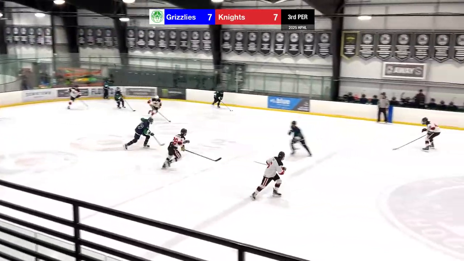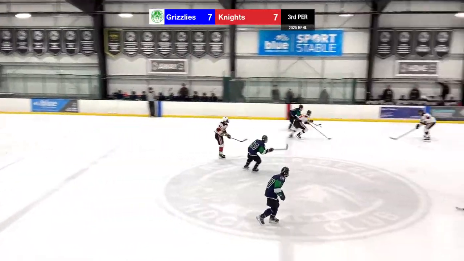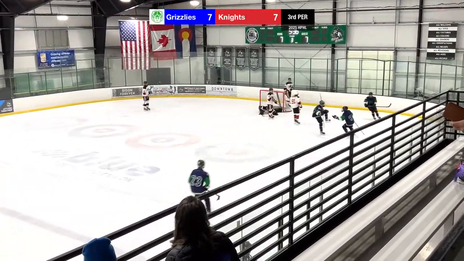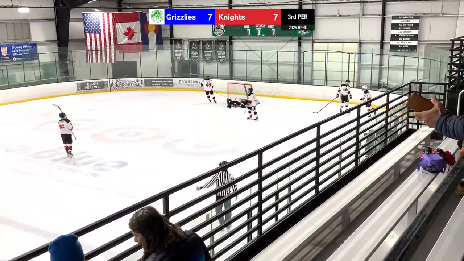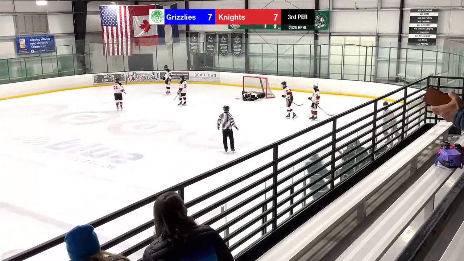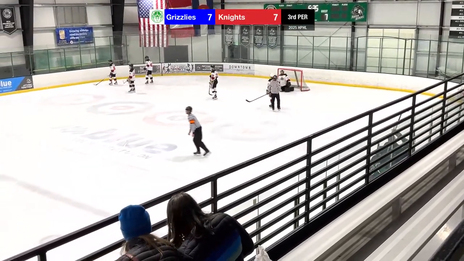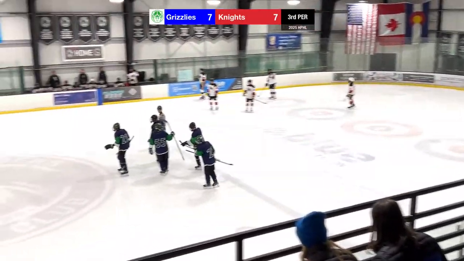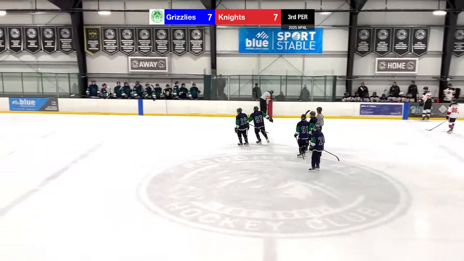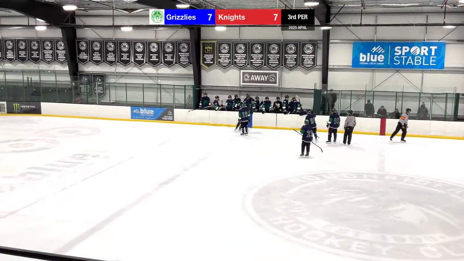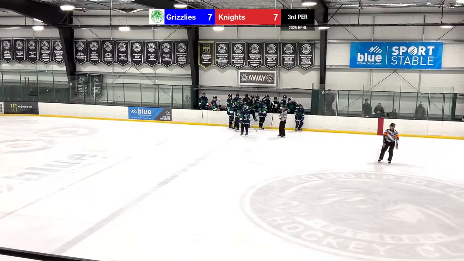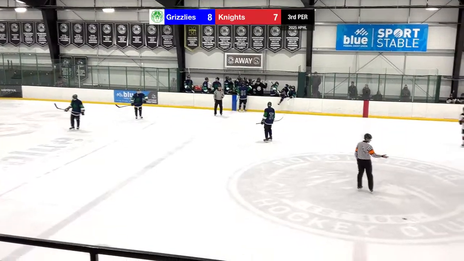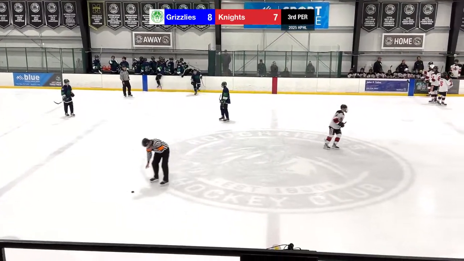Bunger here. Bunger accelerating. Bunger gets around one. Right there. Shot, score. Perez. Nice feed, Bunger. Bunger streaked down the left wing with a lot of speed. Got past his man. Got a centering pass right to Perez. Perez put that just over the goalie's pad under his glove. Grizzlies have come all the way back. Let's see if we can hold this.